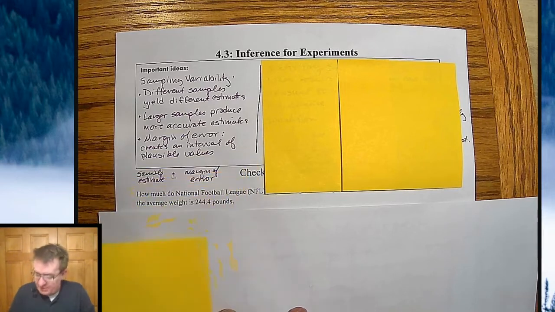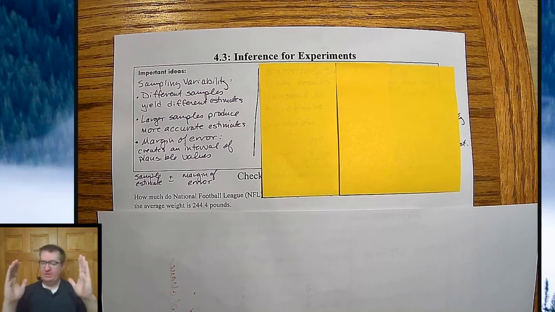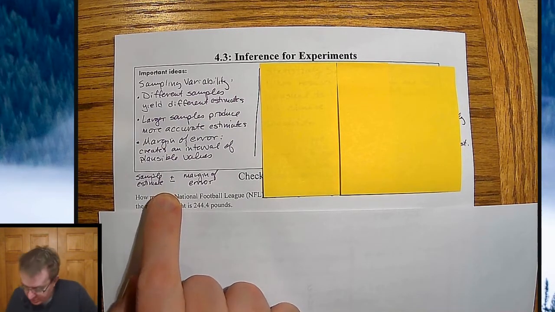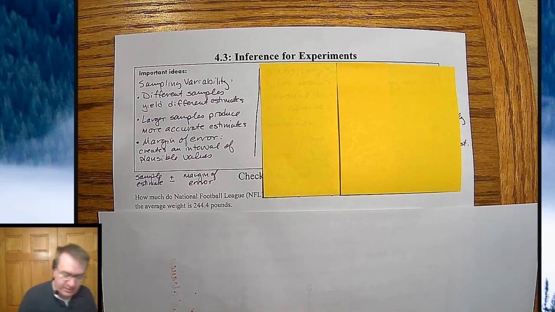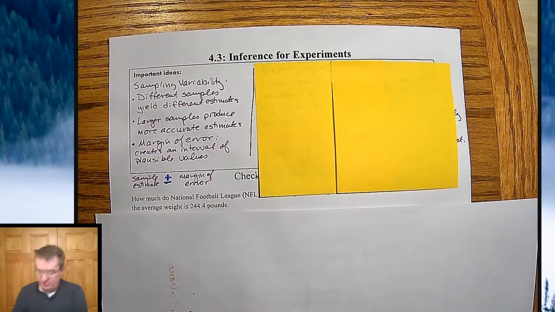And lastly, there's something called margin of error. You may have done this in science class already. Margin of error creates an interval of plausibility where you're able to say, all right, this is what we saw, the true one is probably in between here and here. We'll talk more about that in coming chapters. Basically, you're going to have a sample estimate, and you're going to add and subtract that margin of error.